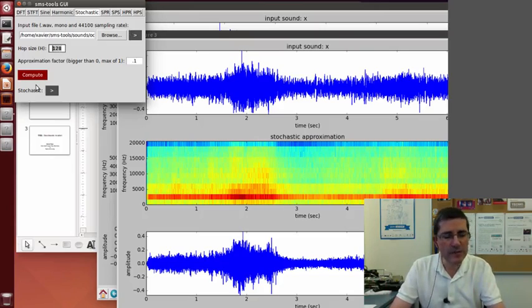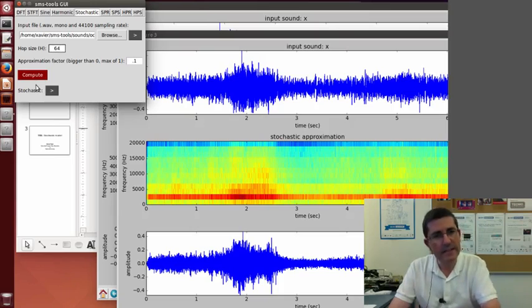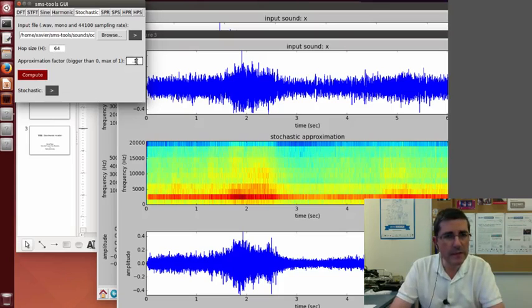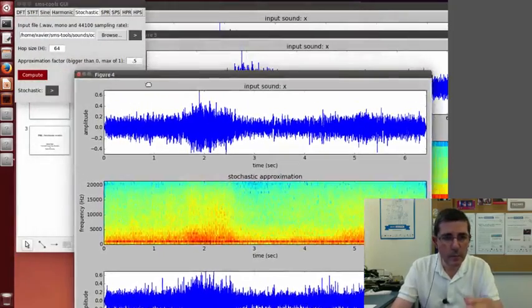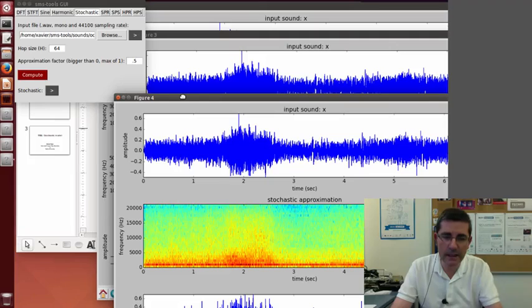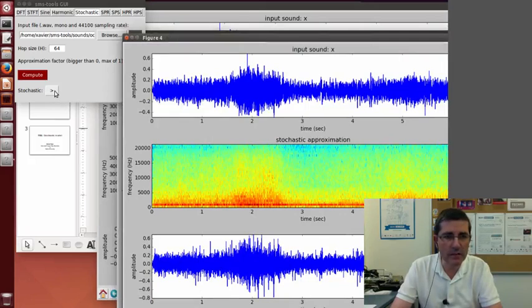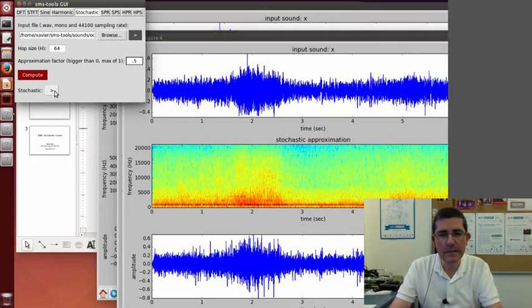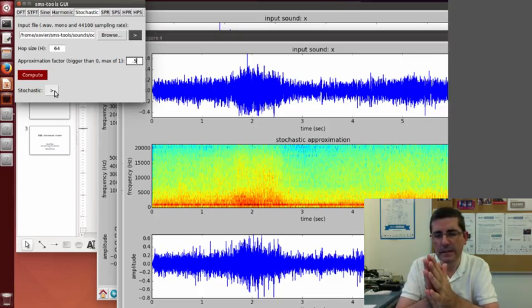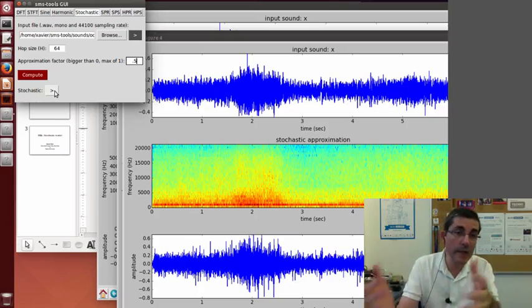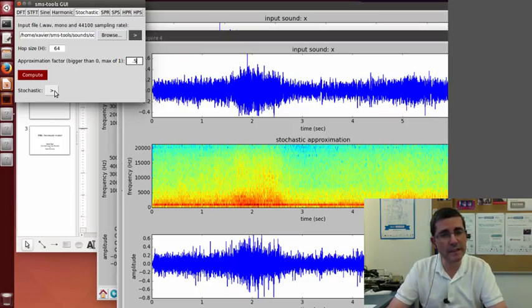Let's have a hop size smaller than this one, maybe 64, because these time changes are important. And maybe let's not reduce this that much. Let's try 0.5, and let's see what happens. Okay, now we have more information. We have a finer grain both in the horizontal and vertical axis. So let's hear what is the result. Yeah, this sounds a little bit better,